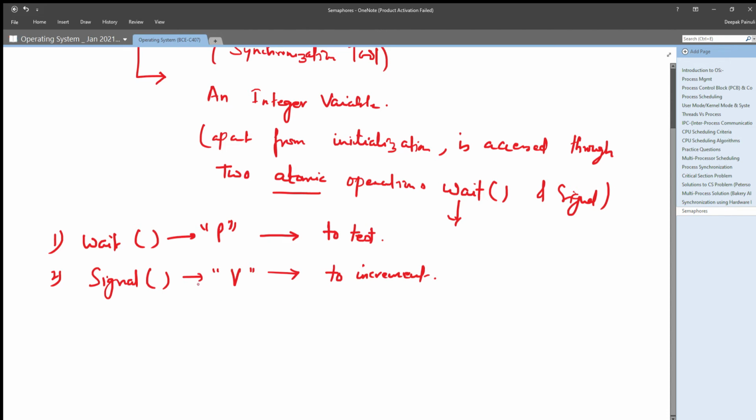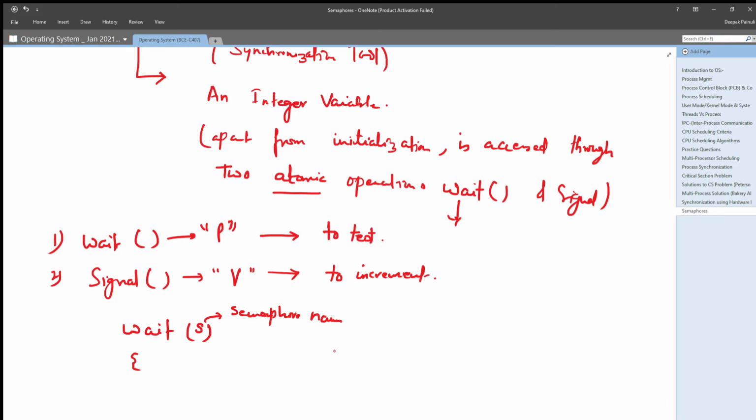So you can check wait operation will perform here. S is the semaphore name, which could be anything, S, M, K, whatever. You may use any name here. We are using S for signifying that it is the semaphore, right?